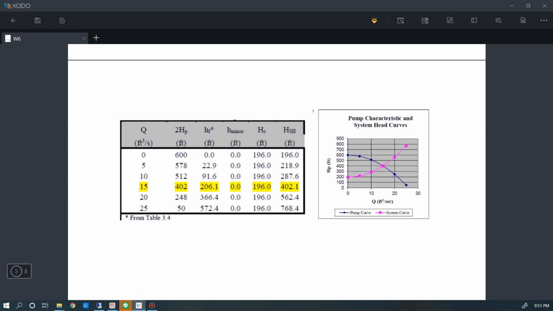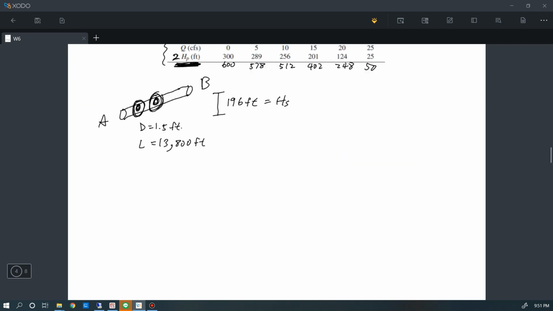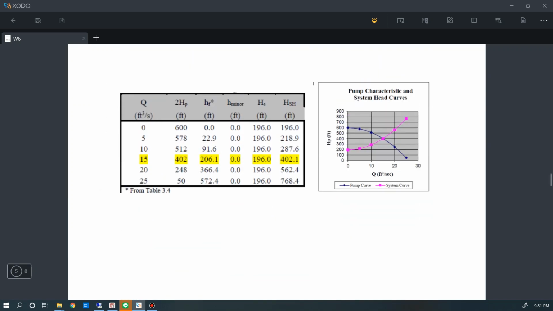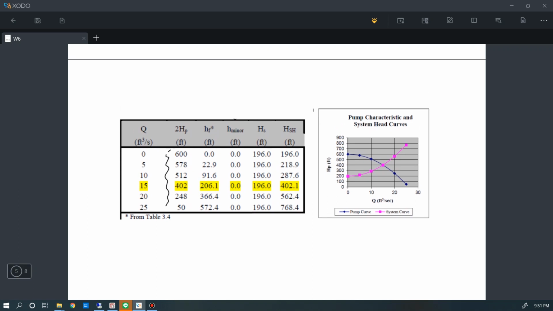So similarly, we just copy the flow rates from the pump characteristic table provided by the problem here, and we double the original energy that can be provided by the pump, and we can calculate the corresponding head losses using the equation